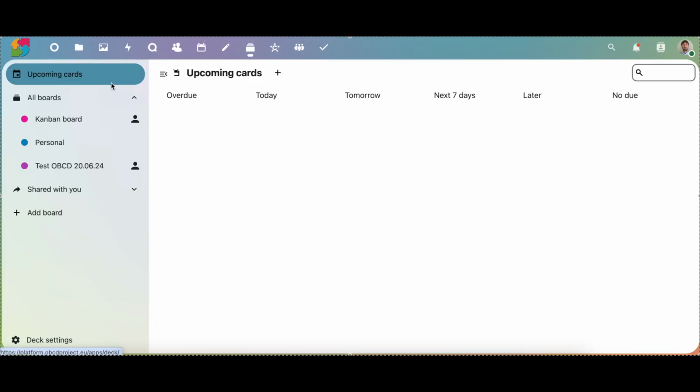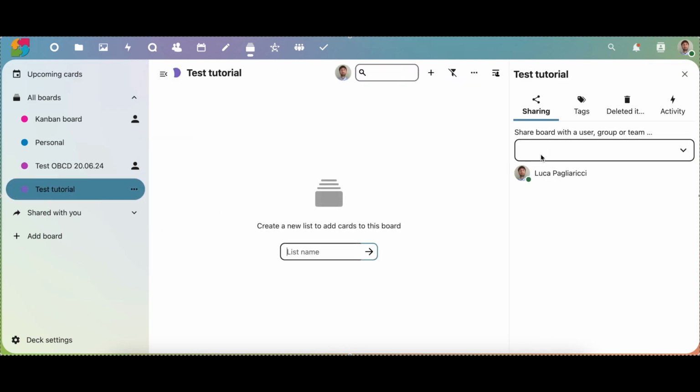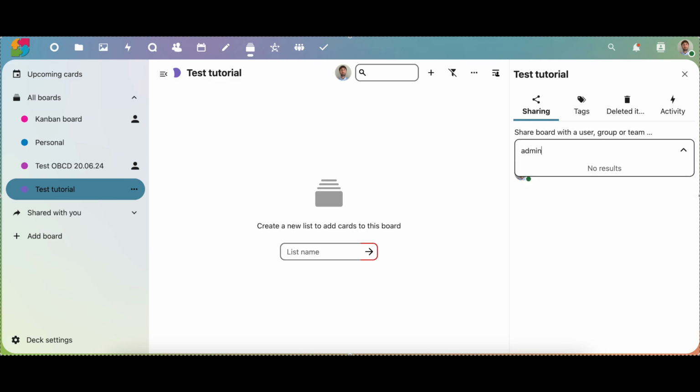Let's look at the Deck app, which is used to create work boards for project management. To create a new board, use the function on the left column and name the new board. For example, let's create a new board called Test Tutorial. From here, by clicking on the three dots on the right, you can access various functions, such as edit board to modify it. Let's imagine, for instance, that we're sharing the folder with admin and we want to give admin